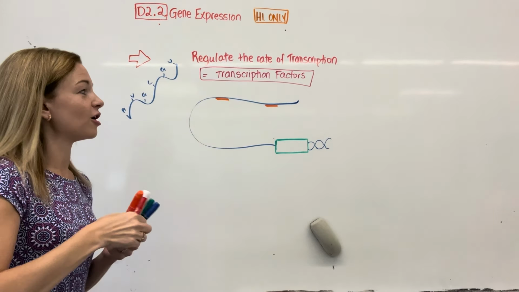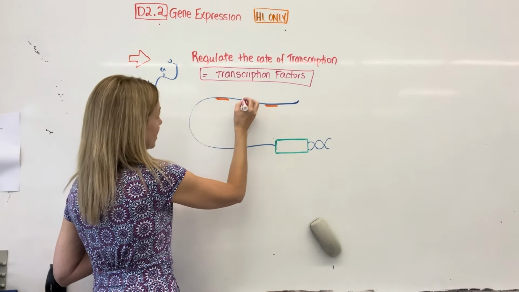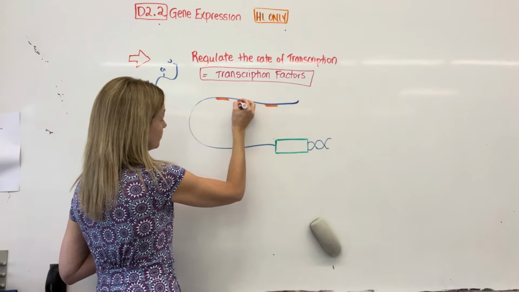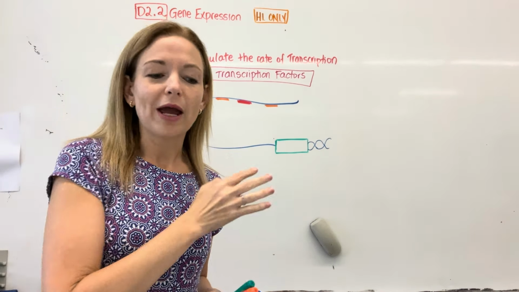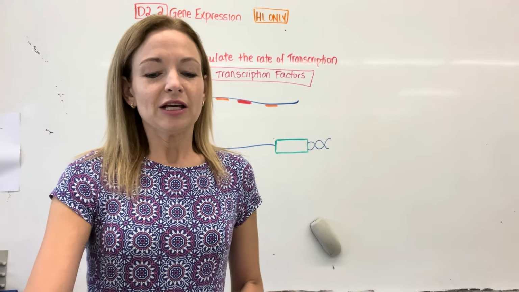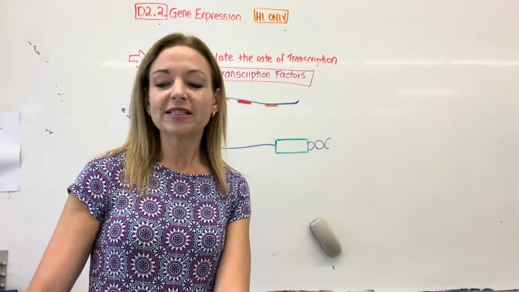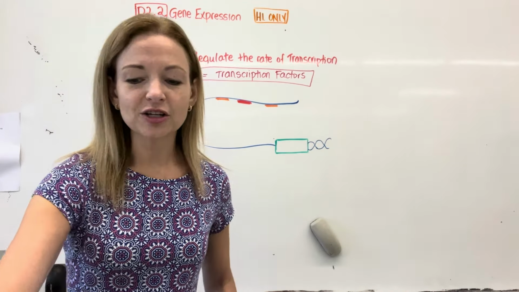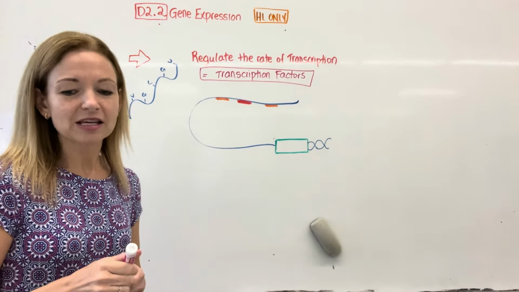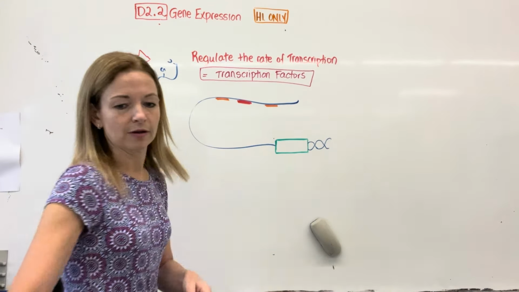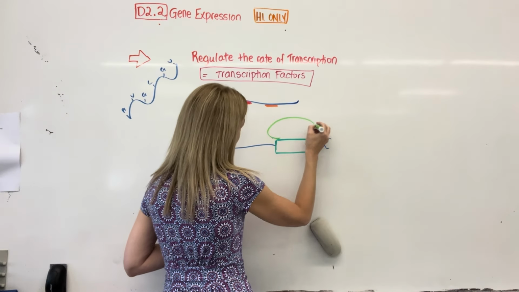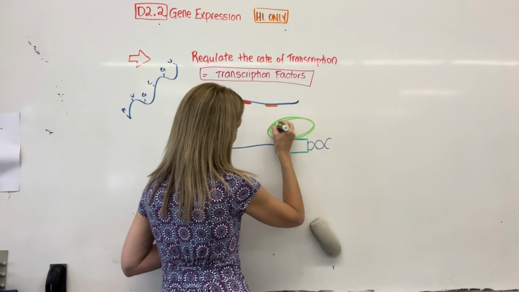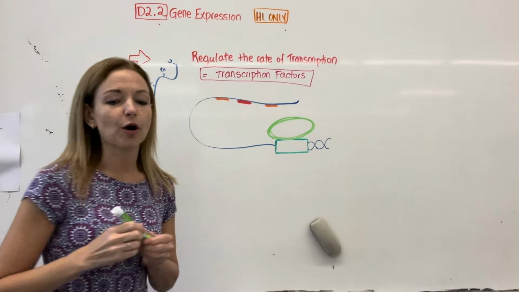And then there's usually also some silencer sites. Those are regulation sites that are away from the promoter. So then we're going to look at 3 different types of transcription factors that relate to these. We are going to have transcription factors that are general, that are just going to focus on binding to the actual promoter.